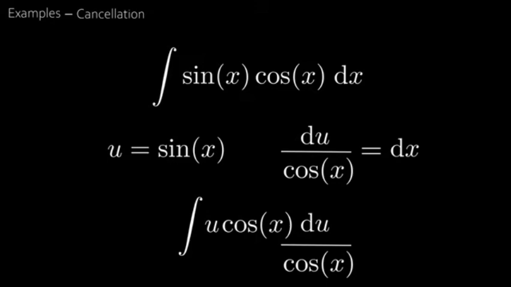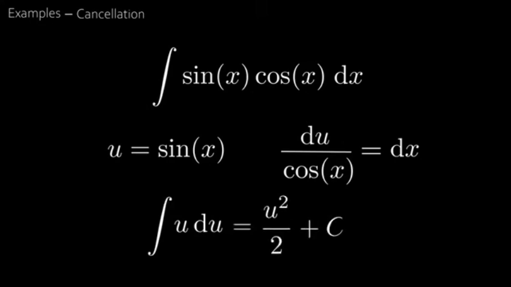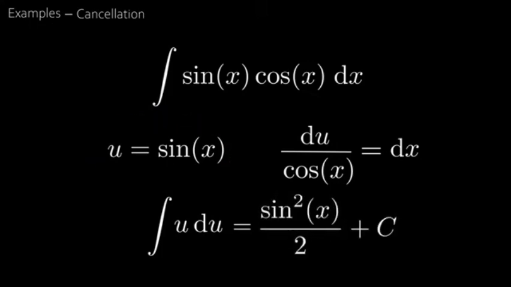Now we see that cosine x cancels out, leaving us with the integral of u du, which is just u squared over 2 plus c. And since u equals sine x, we get sine squared x over 2 plus c, which is the answer to the integral. Let's now try the second type,